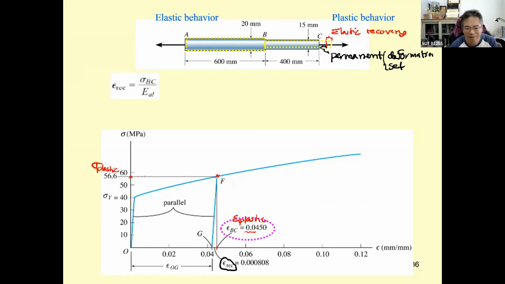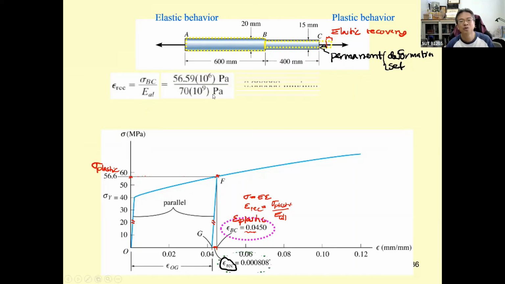Then based on this triangle, the slope here and here is the same, so sigma equals E epsilon. Epsilon recovery will be the stress at the plastic divided by E of aluminum, so that is sigma sub BC divided by the modulus of elasticity of the aluminum. So you get the strain recovery of